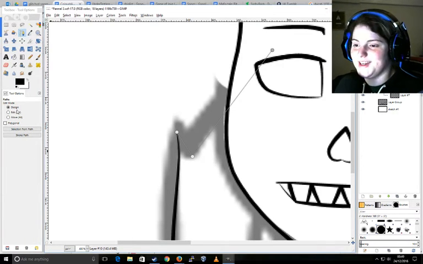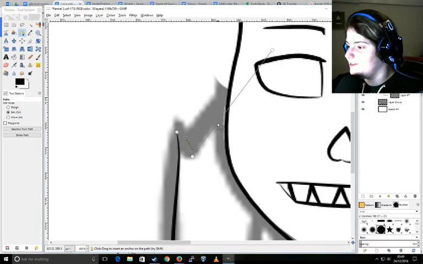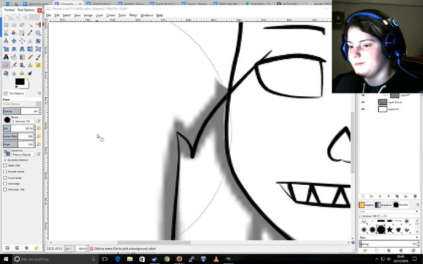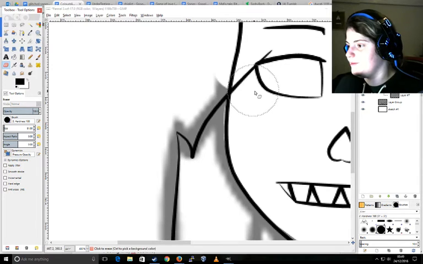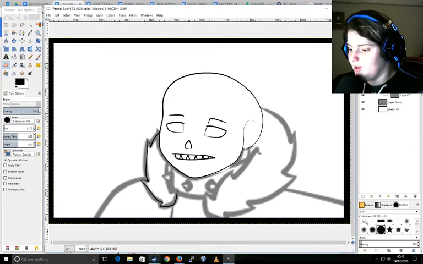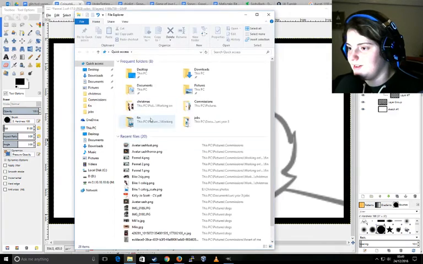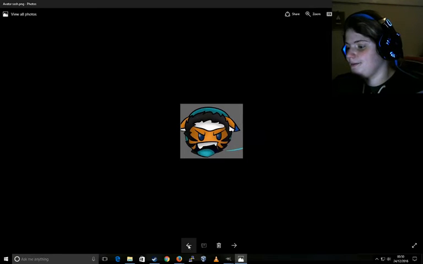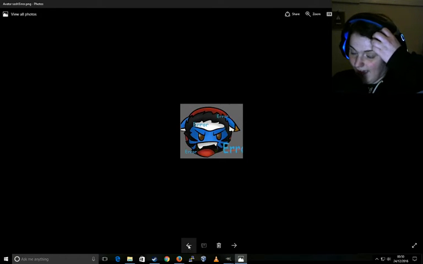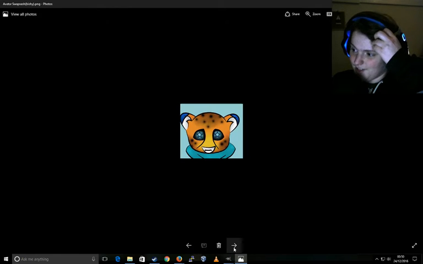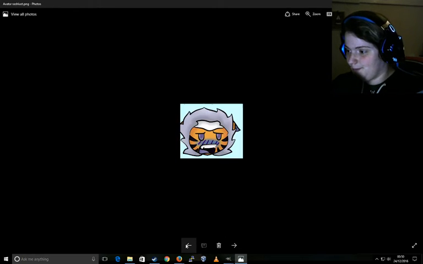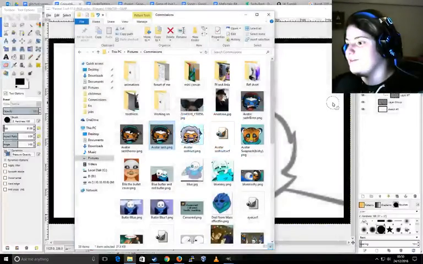Are you gonna make a gas to Sashi, or do you already have one? At the moment, I only have... let me see. If we're going here, it's easier. I've only got normal Sashi, which is this one. Then you have Horror Sash, Error Sash, and then Swap Sash. I had to redraw Swap Sash because he's so different from the other Sashis as well. There's Lesashi. So I only got four different Sashis at the moment,